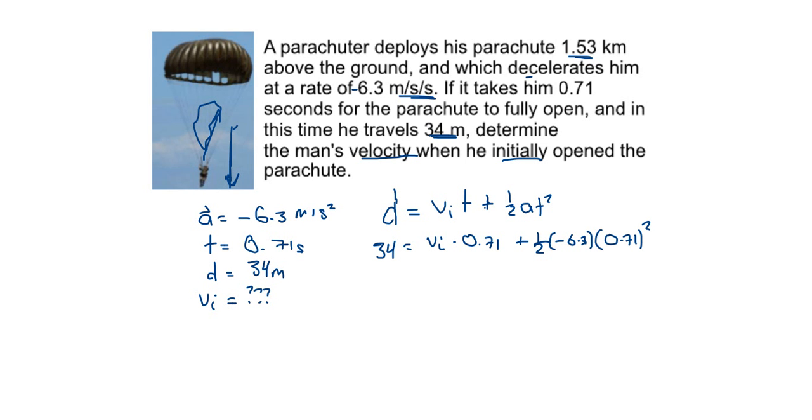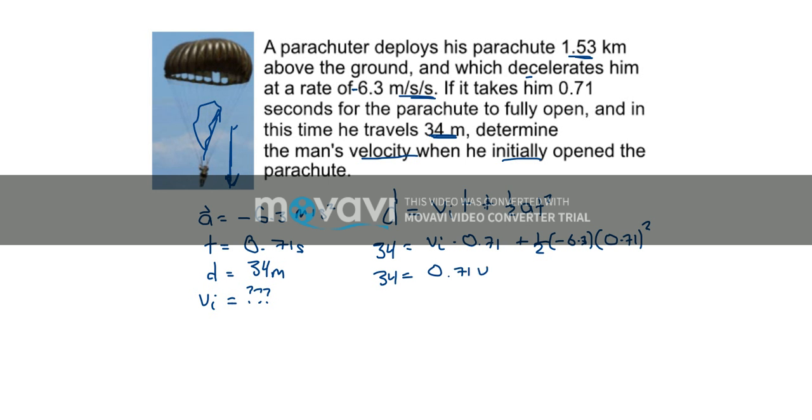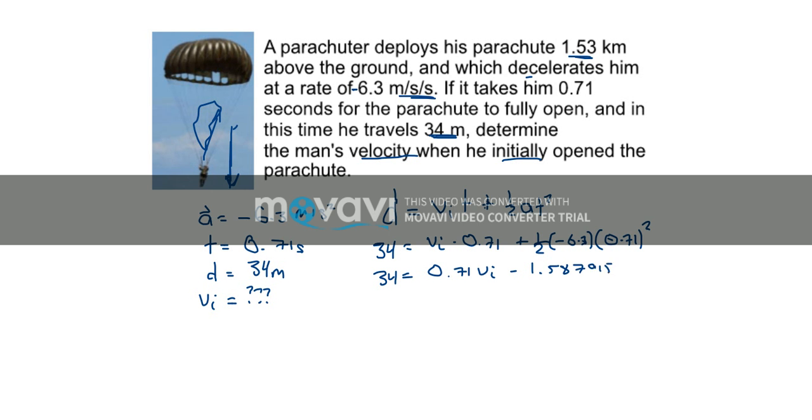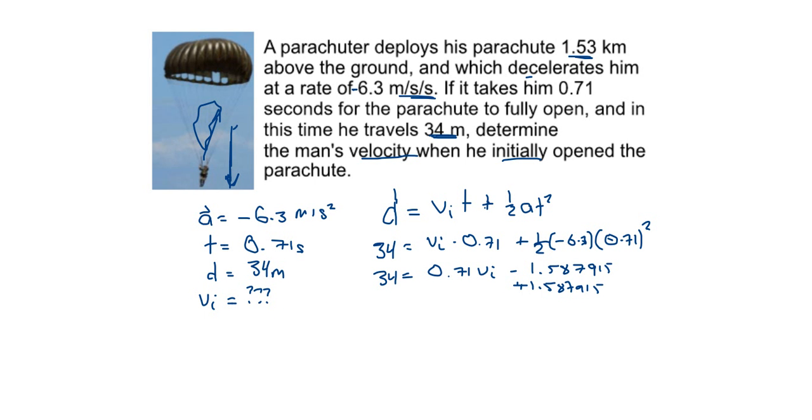And so what I might do here is make this 34. I might rearrange this and make it 0.71 VI. And then I'm going to solve for what this value here is. I'm going to take 1/2 of 6.3 and 0.71 squared. And I'm going to discover, to do this right though, that this whole number here is the number 1.587915. And so then I'm going to add this number, that's an add sign, 1.587915. I'm going to add it to both sides, which gives me